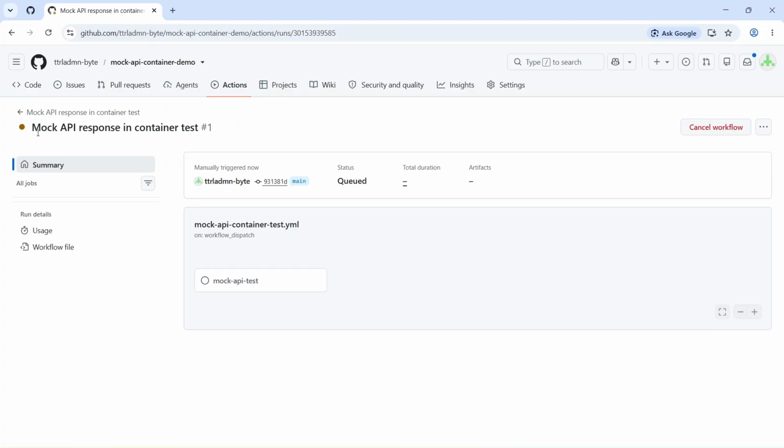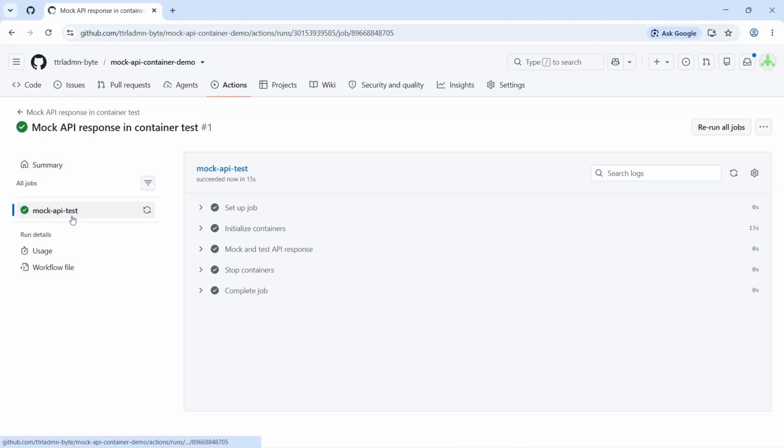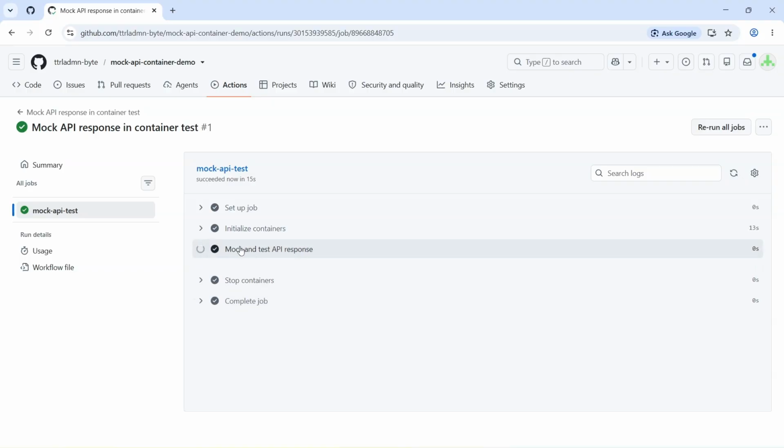Finally, we'll confirm the mocked response came through. In the Runs list, click the newest mock API response in Container Run. Under Jobs on the Run summary, click the mock API job to open its log. Inside the job log, expand the mock and API response step to see what happened. Confirm the step shows pass, container test received the mocked API response, and that the job has a green check